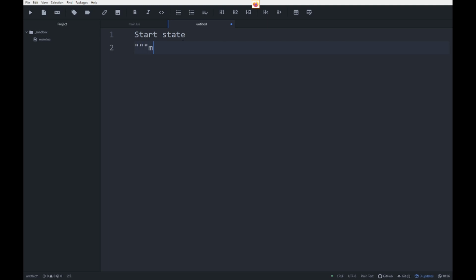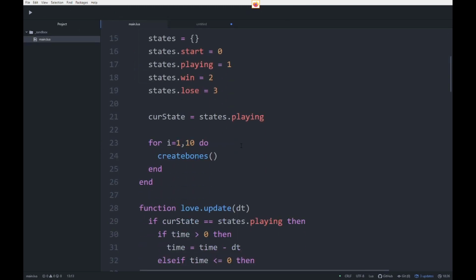Like a menu. Like a win loss screen. Then, you know, the simple things, like you don't really win yet once you get all of them. I'll quickly show you how I would go about doing that,